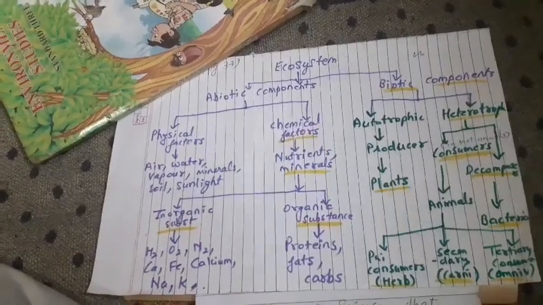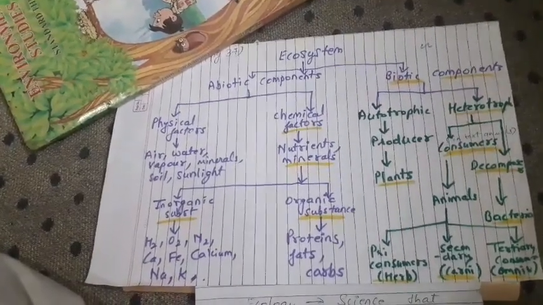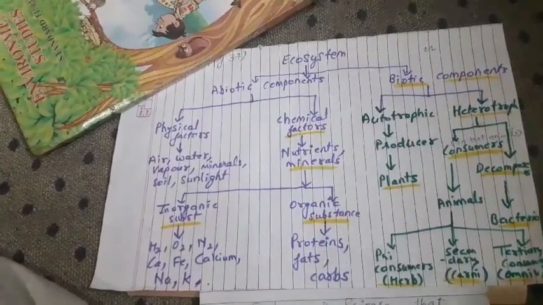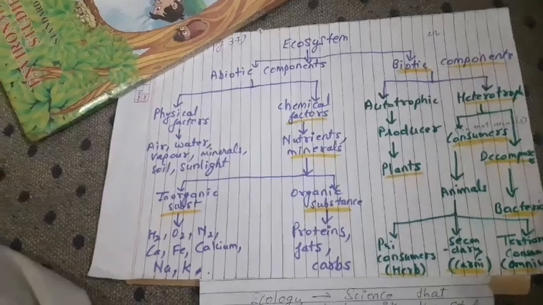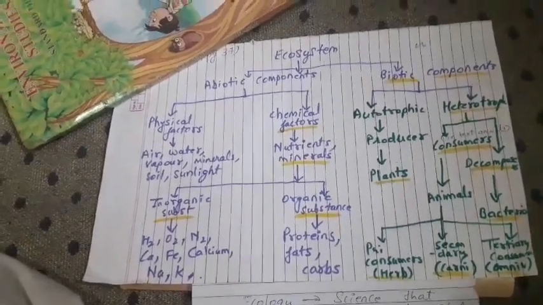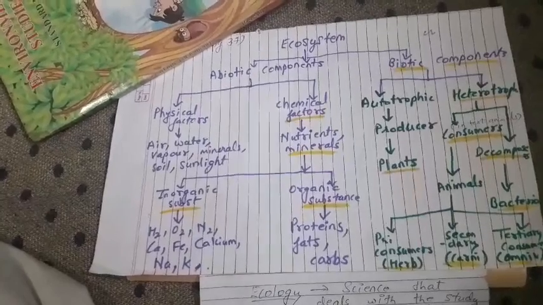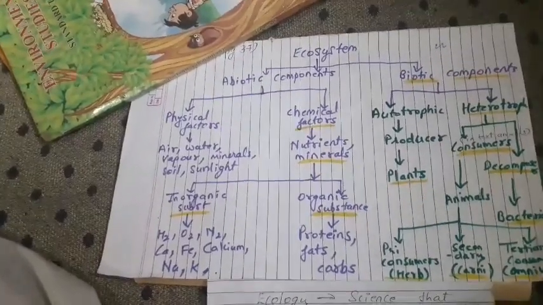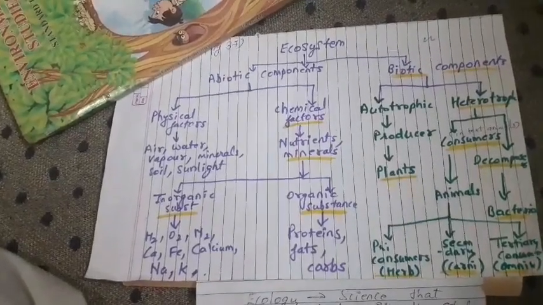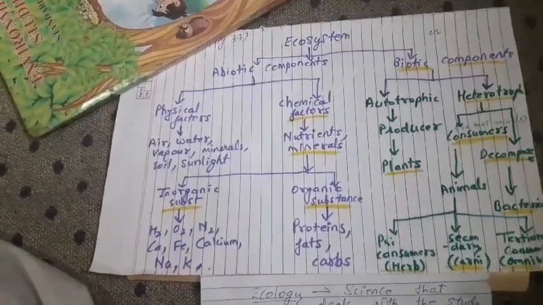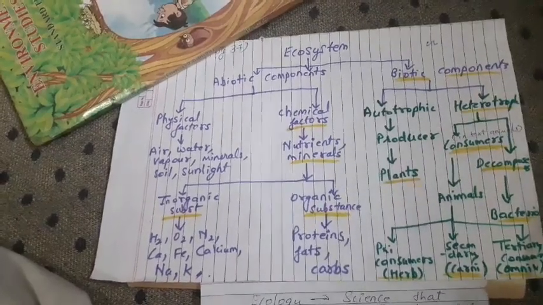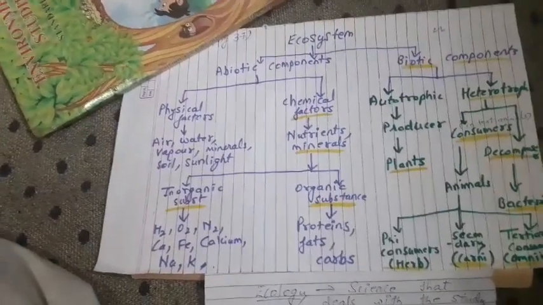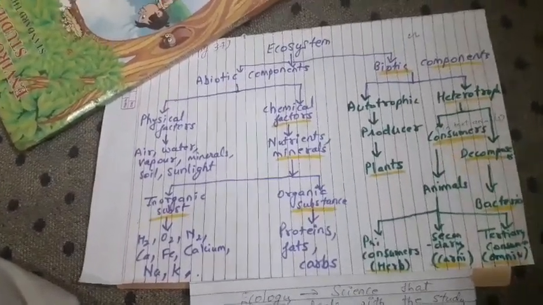Chemical factors, what comes under chemical factors? They are the nutrients and minerals. Now, these nutrients and minerals we get from nature, and some of them we get from living organisms. So again, these nutrients and minerals are of two types, inorganic and organic. Inorganic means something which comes from non-living things, organic means coming from living things, plants and animals. So which are the inorganic minerals and nutrients? Calcium, phosphorus, which is very important, oxygen, iron.